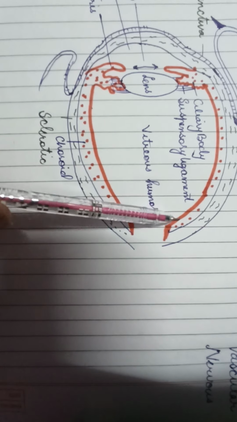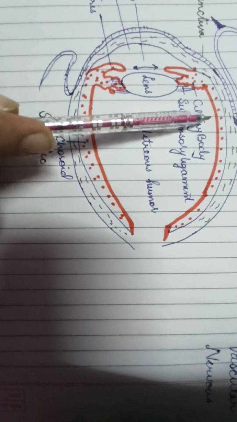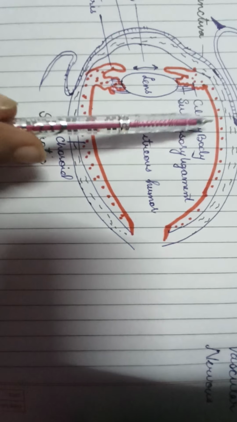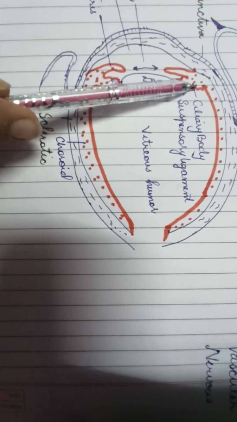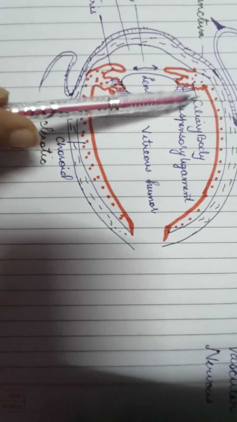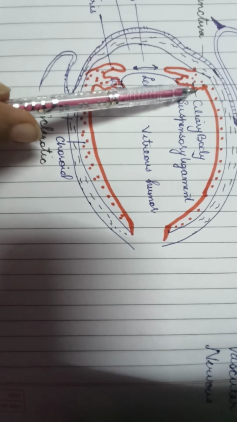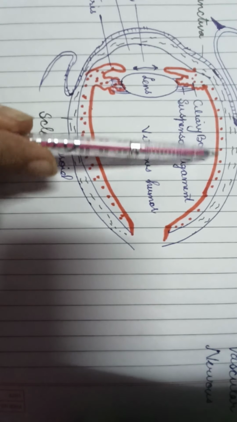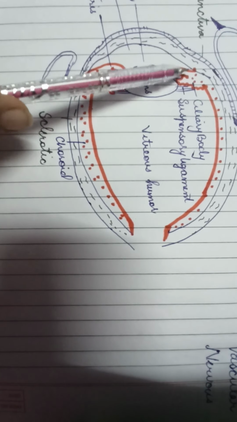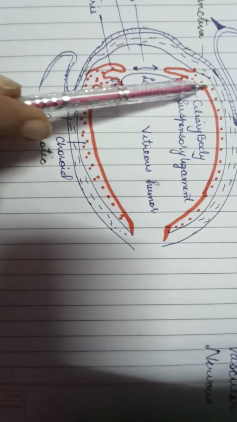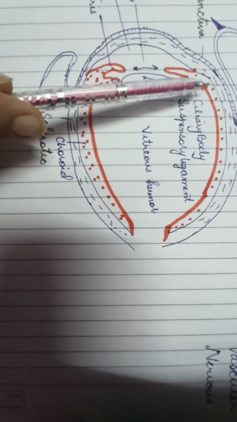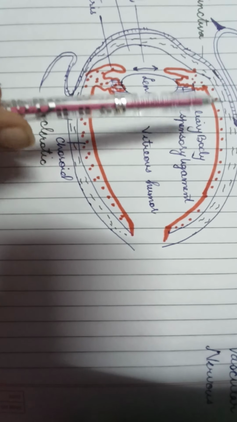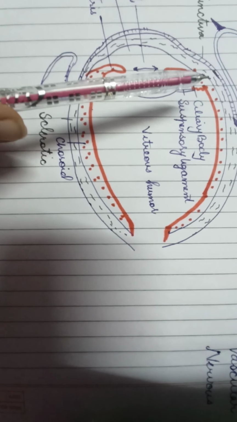It provides a dark area inside the eye, which is very important. Why? To prevent internal reflection of light that might blur the image. Like in a camera, you have a darker area. Similarly, in our eye we have the choroid, rich in vascular coating, that makes the eye dark so as to have a sharp image.